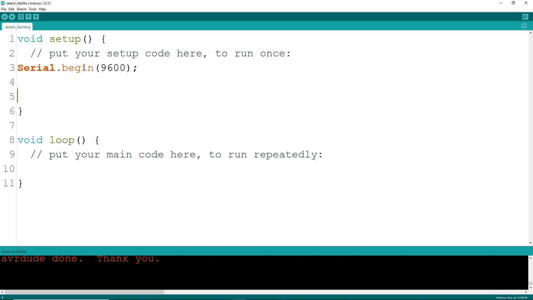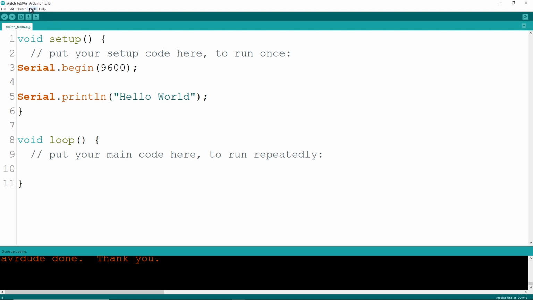We can now begin writing data to the screen. The next command we'll learn is Serial.println. You simply enter the data you want in the parentheses. This data or argument can be a string of characters or a number. Since we're adding this code in the setup section, expect it to display only once.